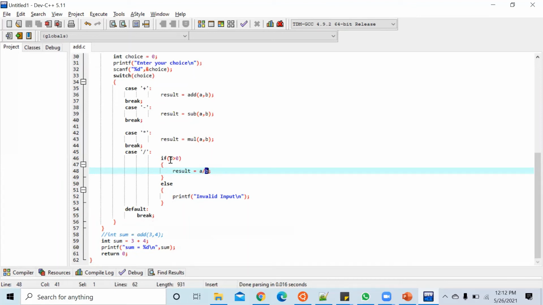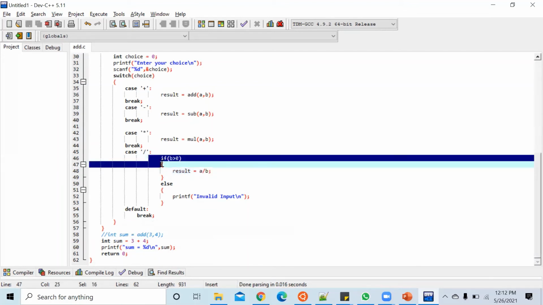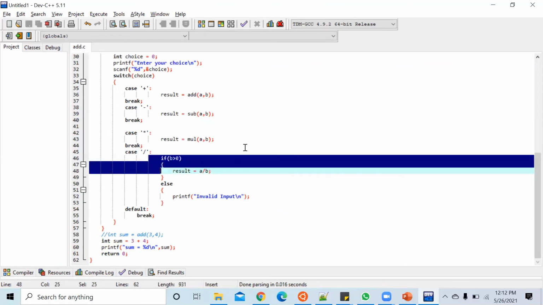That's why we can check the value of B and take the decision whether to do a division or not. That's where the control structures will be useful, to make decisions based on the input and other variables.